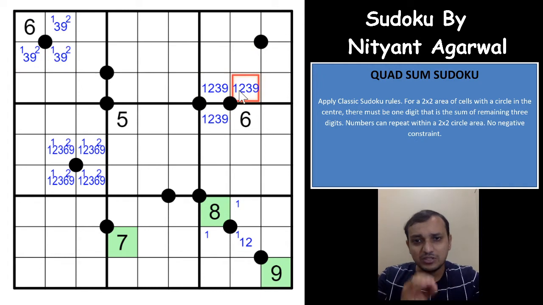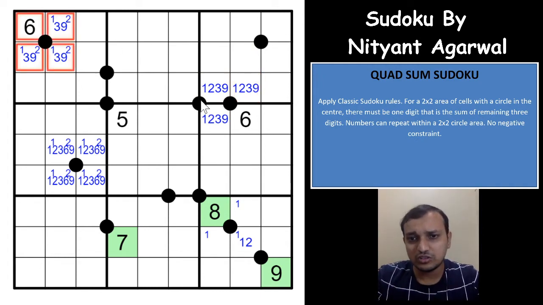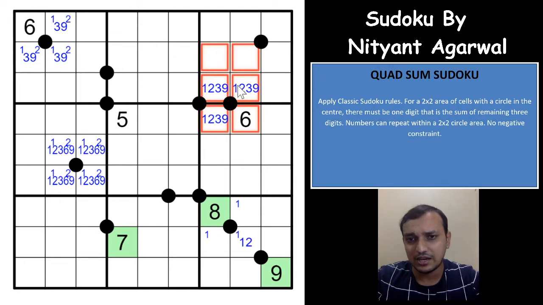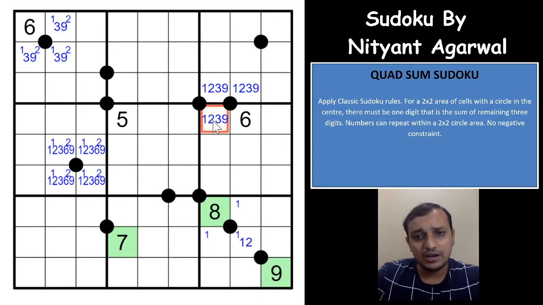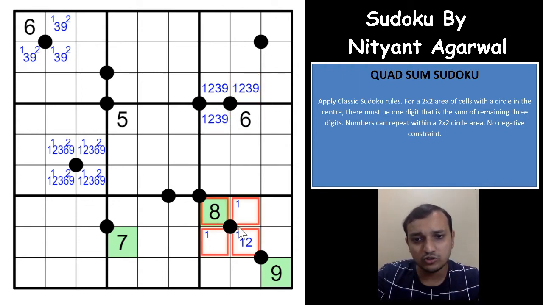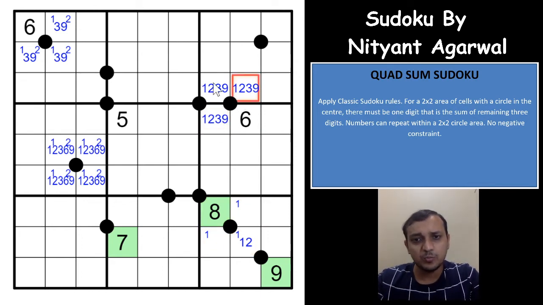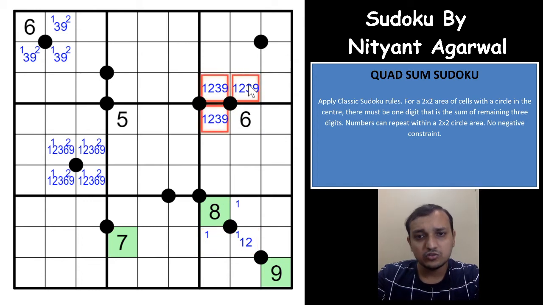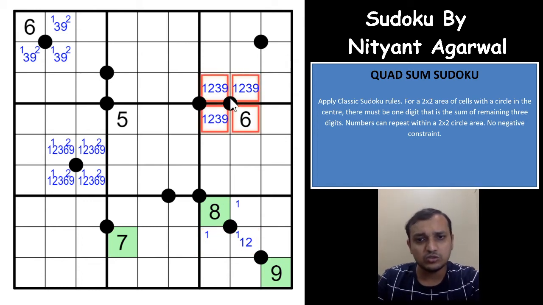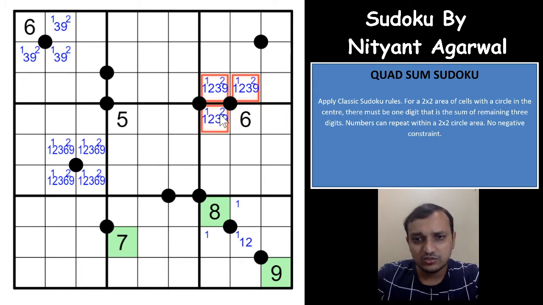right? It will have to be same as the usual thing, because there is no other possibility with the help of the 6 in this area. There is no other possibility, because one possibility was you can have 1 and 1 in these 2 cells, but that is ruled out because you need 1 in one of these 3 cells, right? So you cannot have 1 and 1 in both of these cells. So there was an extra possibility when you had a circle within the 2 boxes, but that actually ruled out because of the 1s here, right? So these 4 cells also will have to be 1, 2, 3, 6 and 9, either of these 4 cells. 1 and 2 is part of the cells here.